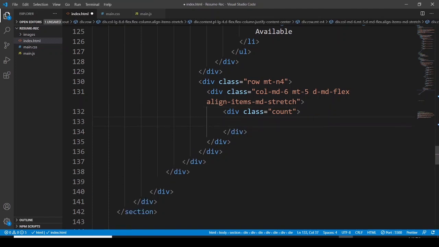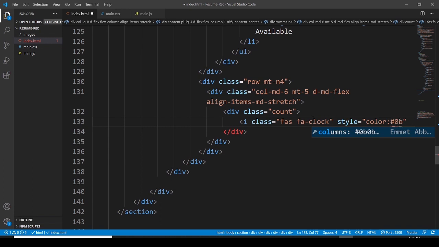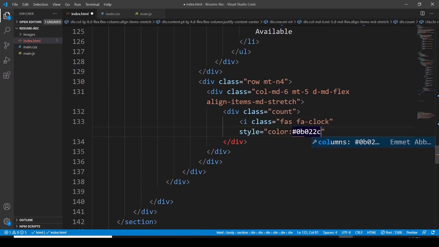And then after, let's have a Font Awesome icon, let's have a class first, so fas fa-clock. I would like to use inline styling here, so the style is going to be color, and the color is going to be 0B022C, and